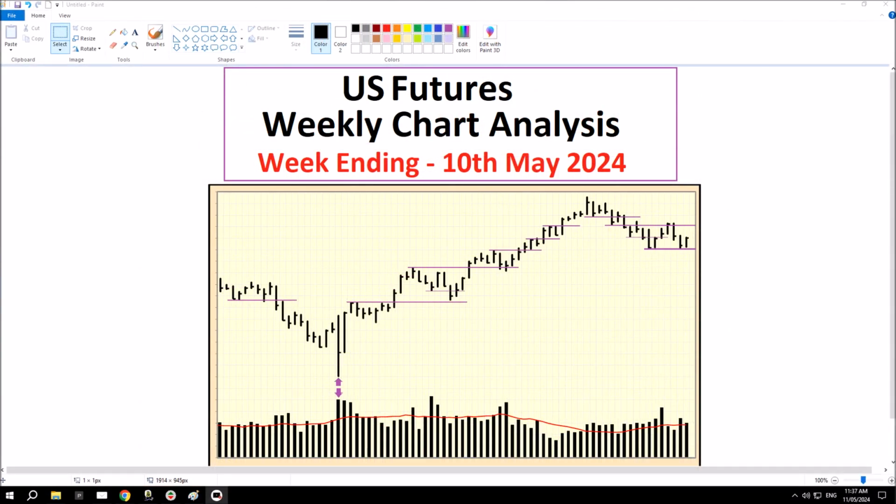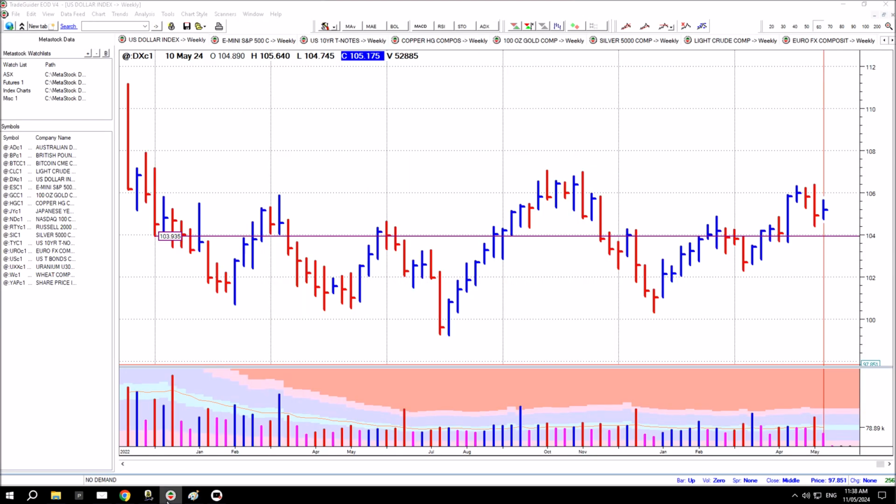This is the US Futures weekly chart analysis for the week ending 10th of May 2024. First chart is the US dollar index futures. We always do this chart first as it plays such an important role in the price action of many other